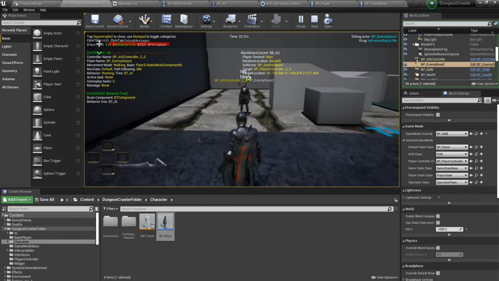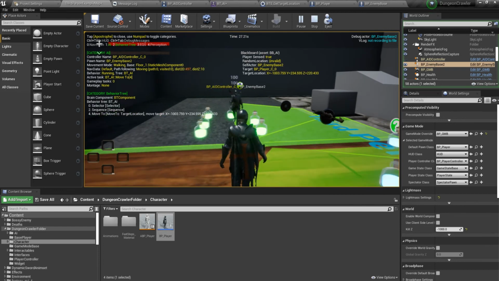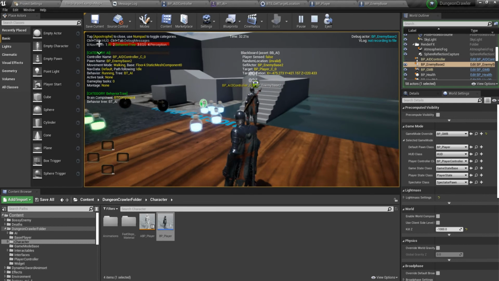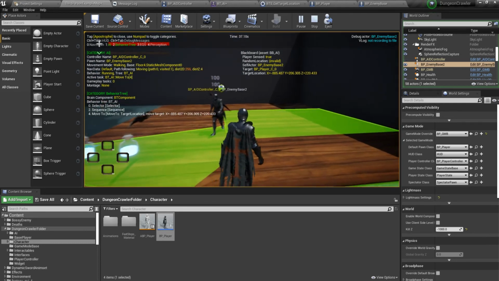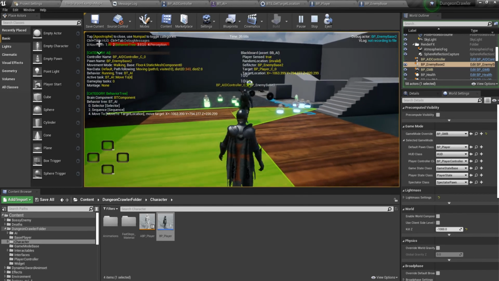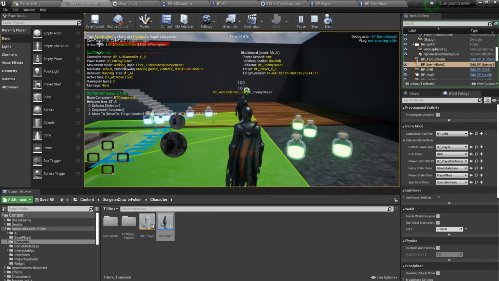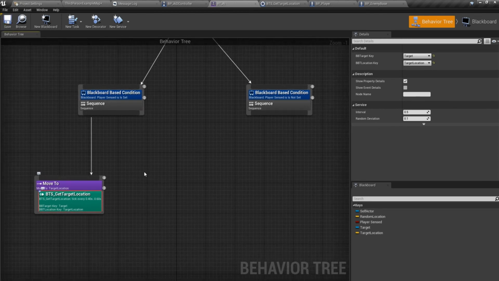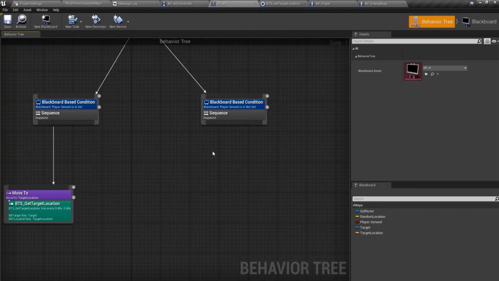It's working now, pretty much. It's working. So this logic is set, and otherwise, sorry, if the player was not sensed, we would go for